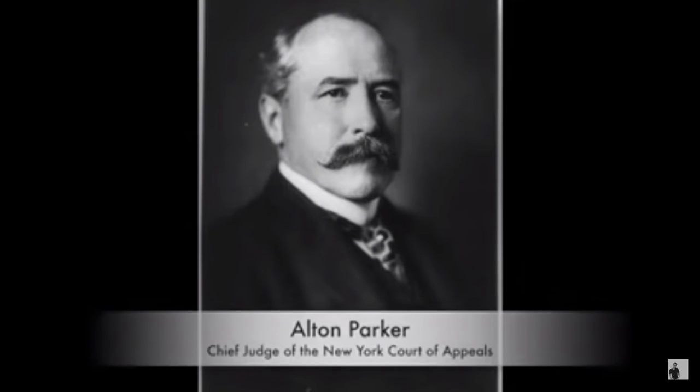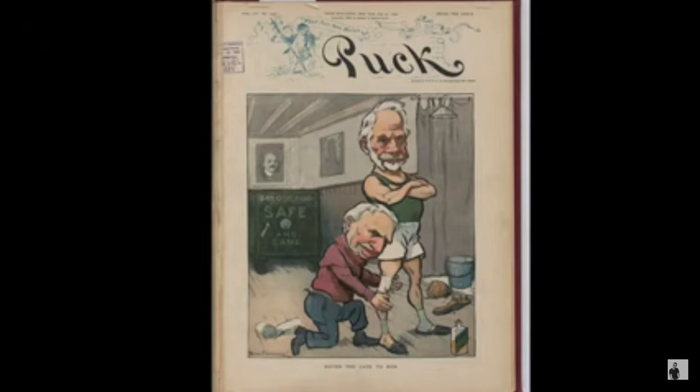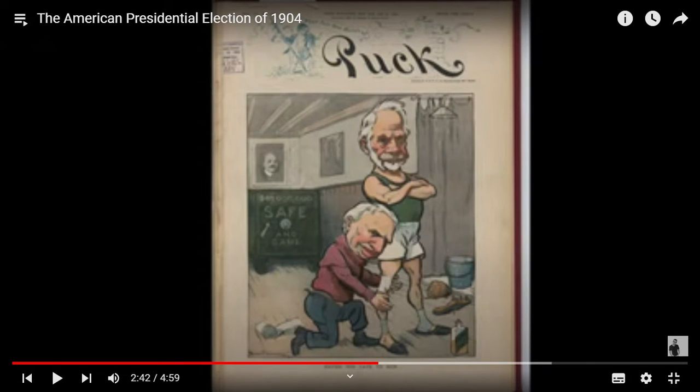So many of them turned to Alton Parker, the chief judge of the New York Court of Appeals. They nominated Henry Davis, a former senator from West Virginia, as his running mate. At 80 years old, Davis was the oldest major party candidate ever to be